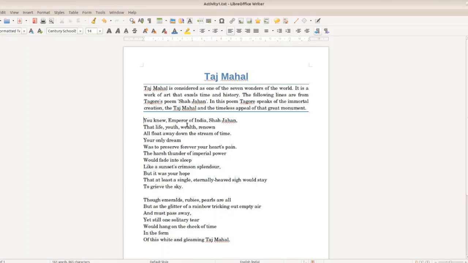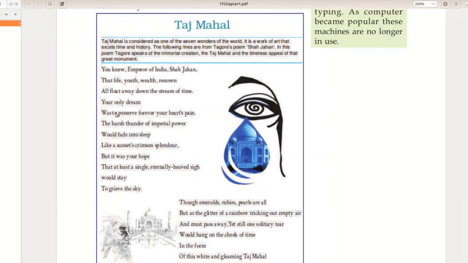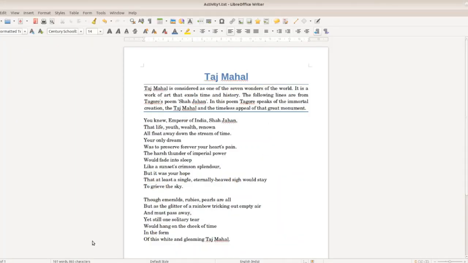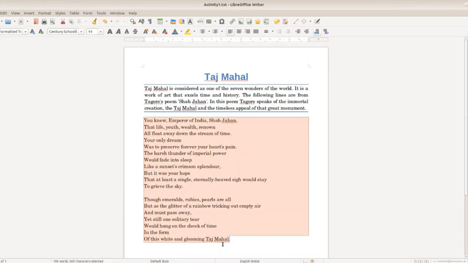And then the third thing is what? Line spacing. After each line, we want to leave some space, isn't it? We'll refer that poem. So here after each line, we have some space. So for that, we have to select this poem. We don't need that short introduction for the poem.